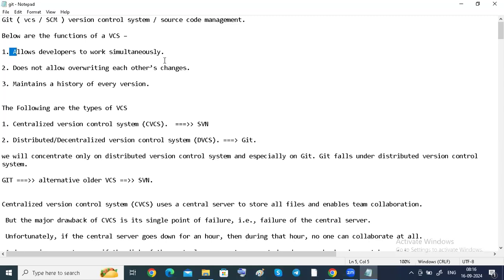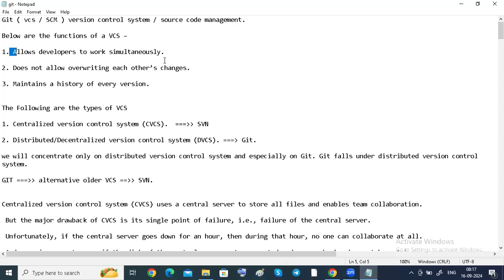Another one is that it does not allow overwriting each other's changes. That means when developers work simultaneously, their work will not overwrite each other's changes. For example, two developers are working simultaneously. Overwriting means it cannot be erased.